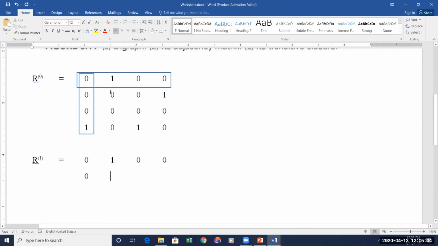But there is a 0 now. Now it becomes a 1 only when the corresponding column and the corresponding row in the marked row and column are both ones. In the corresponding row it is a 0, in the corresponding column it is a 1. If they are both ones, only then should you mark it as 1. So now it is 1 and 0, so this becomes 0.